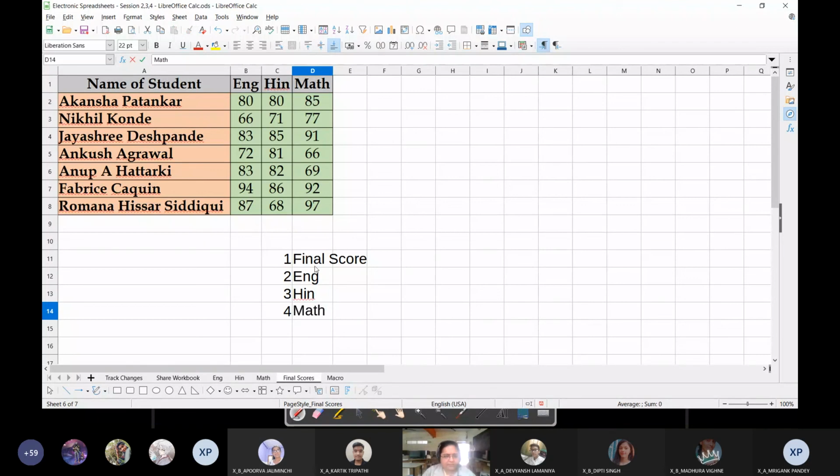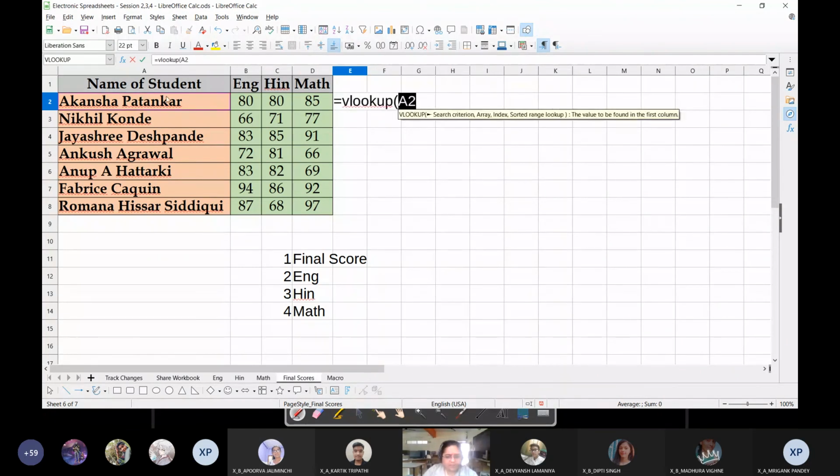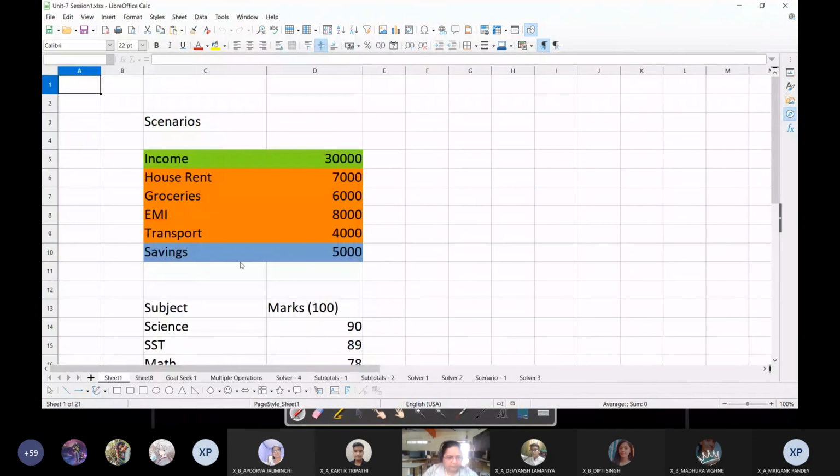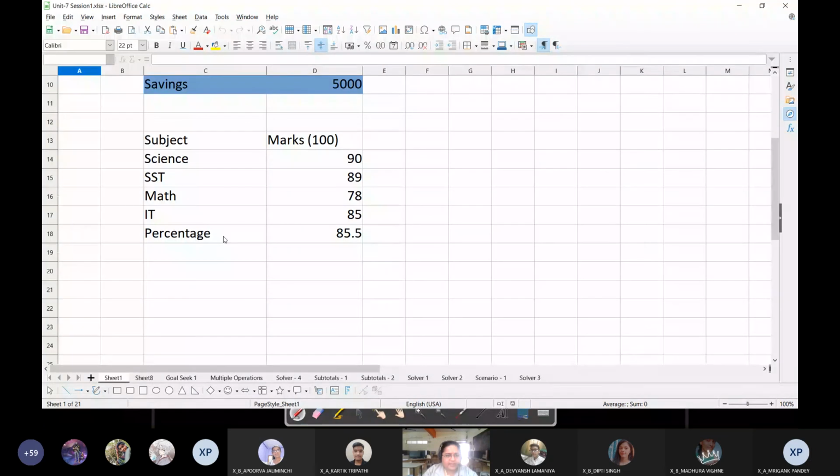And now in the final score sheet, he uses the VLOOKUP function: equals VLOOKUP, the first value is this one. Second value, for the search array, he will go to that other worksheet, right? Suppose let me select a value here. Suppose let me select this one. Okay. So he will select this.